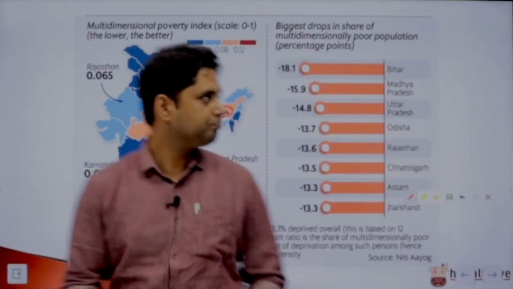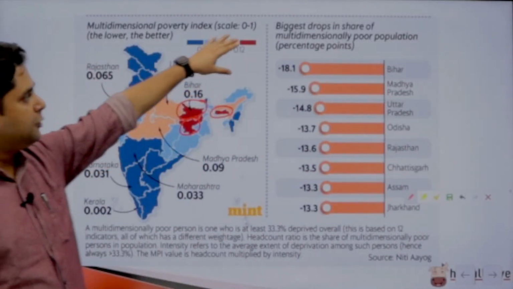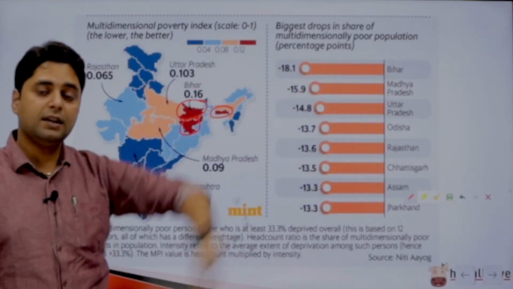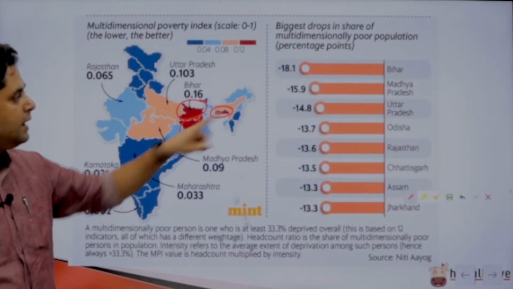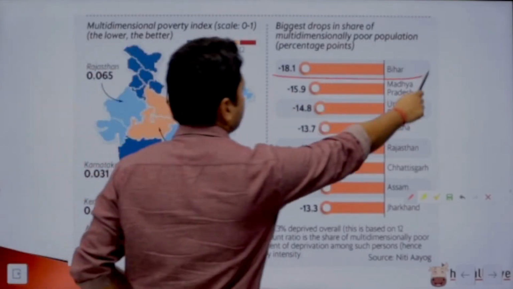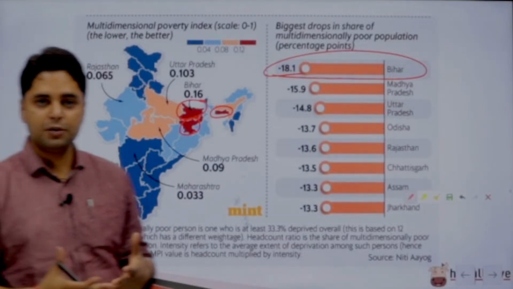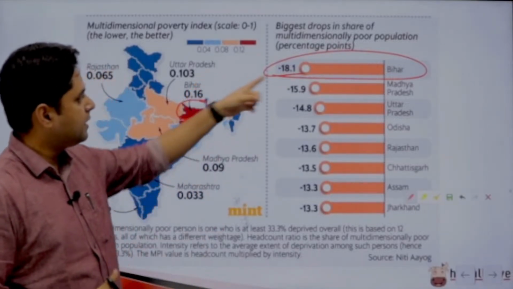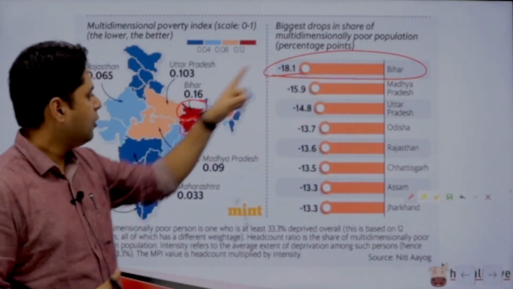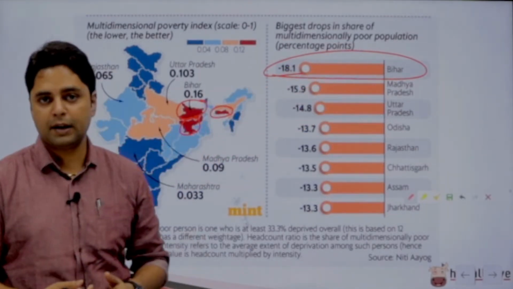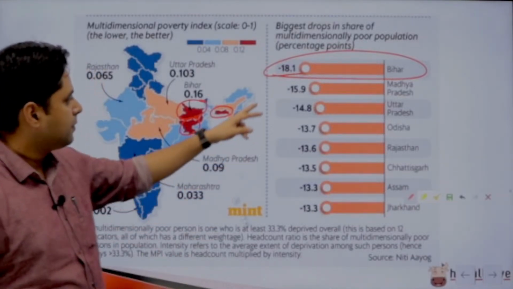उसके बाद बिगेस्ट ड्रॉप्स, सबसे ज़्यादा इंप्रूव किन स्टेट्स ने किया है, तो हालांकि बिहार अभी भी रेड जोन में आ रहा है, लेकिन सबसे ज़्यादा इंप्रूवमेंट बिहार ने की है। दैट इज़ अमेजिंग। तो सोचो कि बिहार में पहले कितनी बुरी सिचुएशन होगी कि सबसे ज़्यादा इंप्रूवमेंट करने के बाद भी 18% मल्टी डायमेंशनल पॉवर्टी कम की है उन्होंने, और फिर भी वो अभी रेड जोन में आ रहा है। दैट मीन्स अ लॉट स्टिल नीड्स टू बी डन।